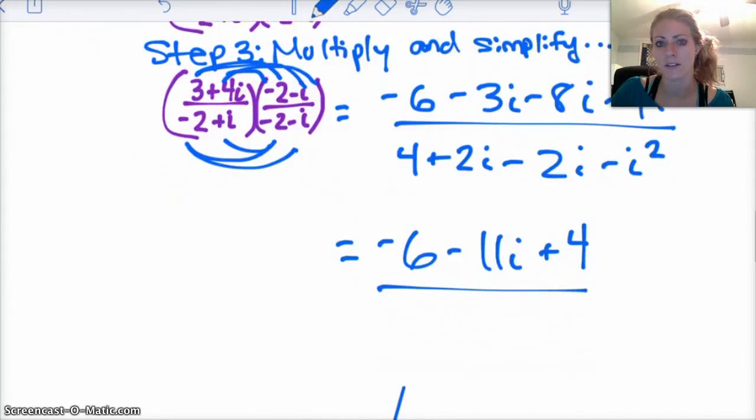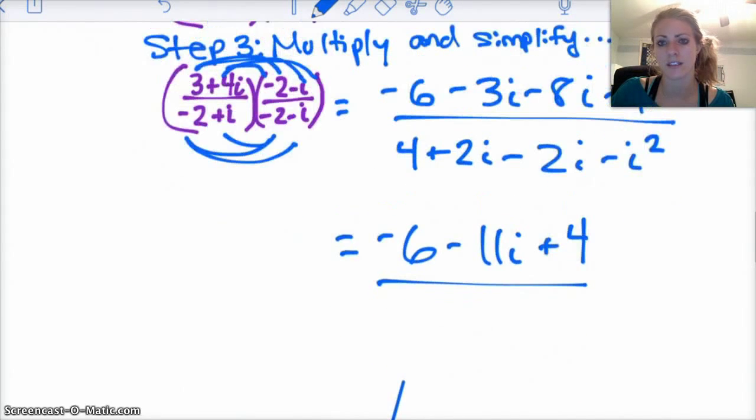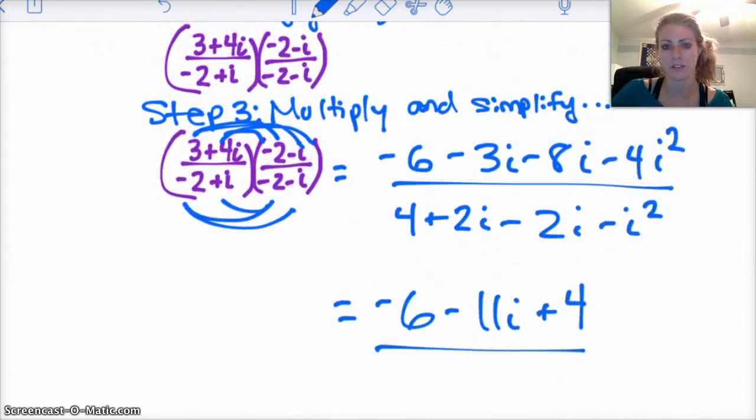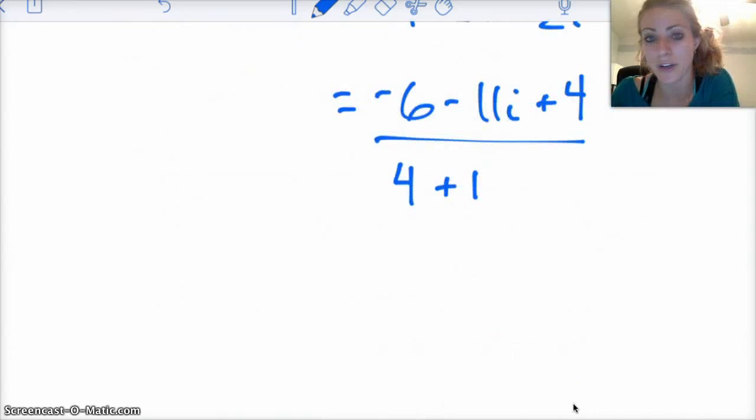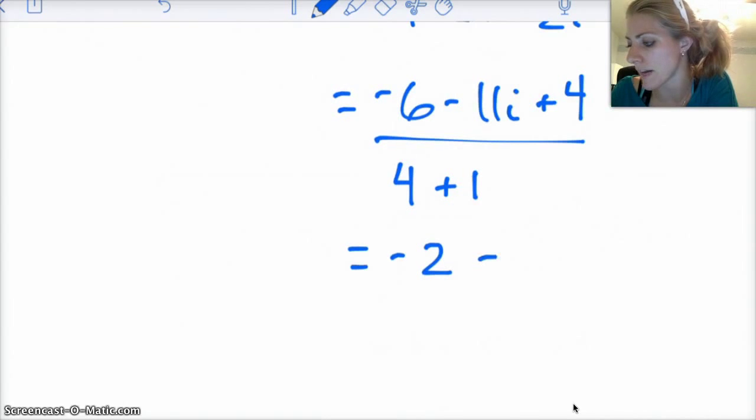Denominator is that 4 plus 2i minus 2i, those go away. And then I've got 4 minus negative 1, so that's 4 plus 1. Keep reducing. In the numerator, you have negative 6 plus 4, so that's negative 2 minus 11i, and that's all